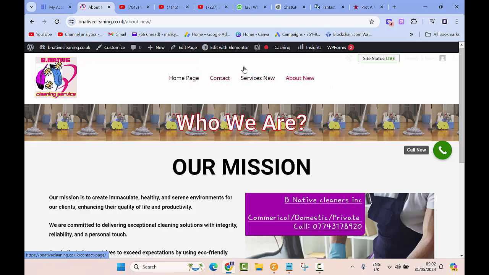The first and most important thing in here is you need to be logged into your WordPress website. If you're not logged in, you will not be able to see these menu on the top. So once you are logged in to your WordPress website, you'll be able to see these menu. So click on the customize,